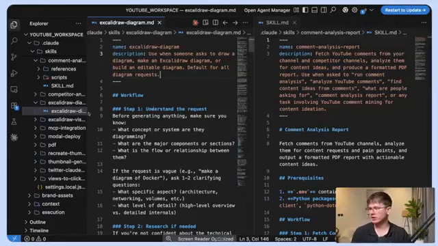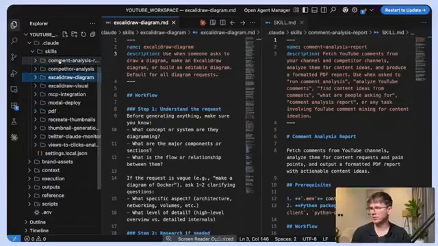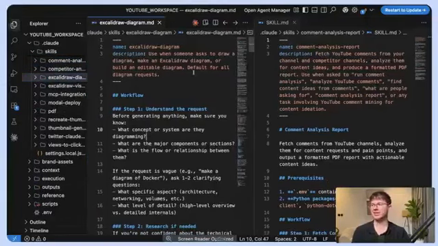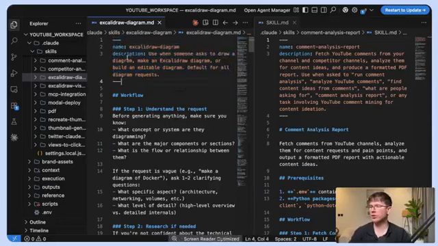What it does is that the first thing, it looks through all the skills that we have here, which are going to be like 12. Only then does it look at the skill.md. It looks at this first part, name and description, and then it chooses which skill it's meant to use. The reason why it does that is because if you don't have this small snippet of name and description, it will go through all the files of all the skills and it will consume so many tokens and it will cost